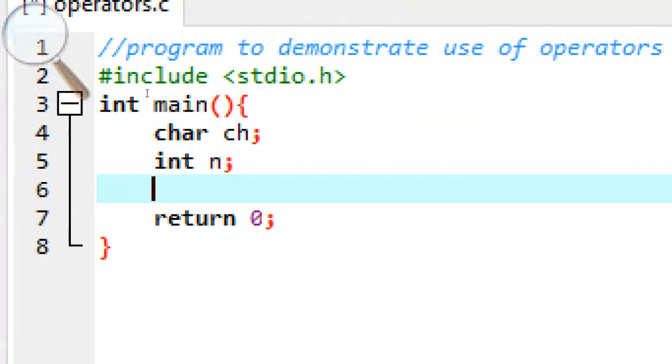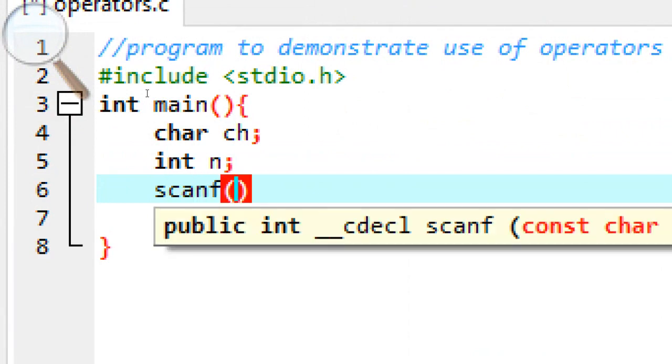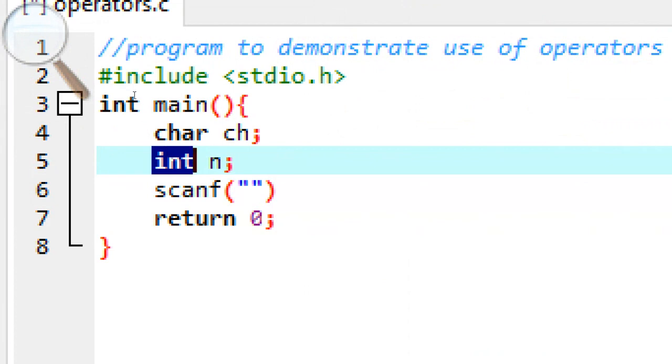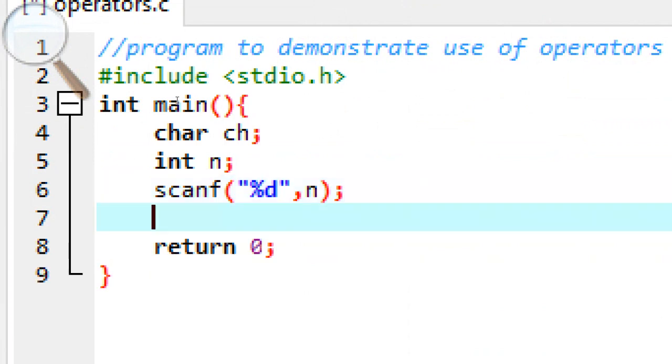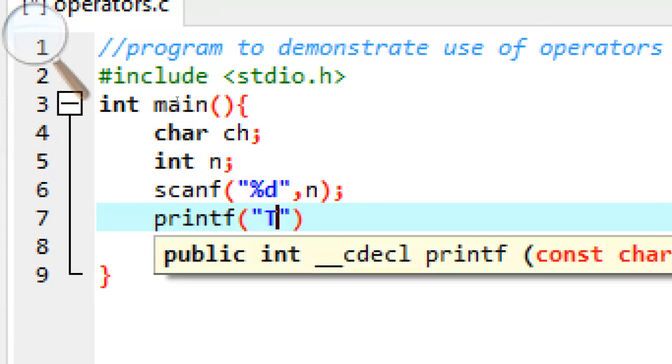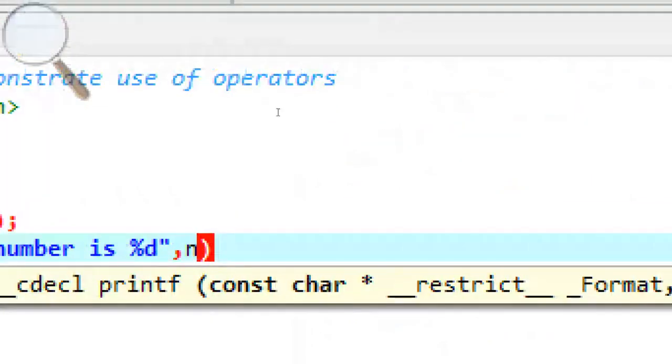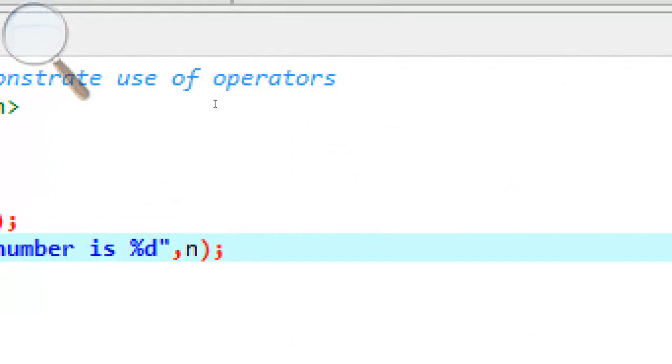So now in this case, I want the user to input the value of n. So I'll come here and have scanf. Then into brackets, I'll start with my control string. So what value am I reading? I'm reading an integer, so that means I'll use %d as my control string. Then a comma, then the variable where I want it to be saved. So I'll save it in n. Then I can also output whatever I've got there. I need a semicolon here. So if I try now to run my program,